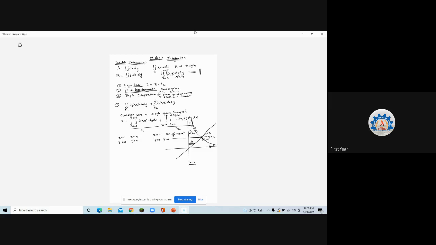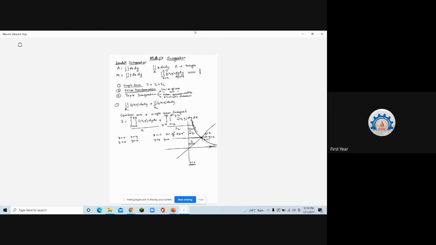Is it understood? Horizontal strip. Then I2. If I take a horizontal strip in I2 here, what is the lower limit? x is equal to 0. What is the upper limit? x is equal to a square by y, rectangular hyperbola, part of it. So inner limits are correct. What are the outside limits? Take this horizontal strip from y is equal to a to above. That is y is a to infinity. So whatever we have drawn is correct. Is this okay?